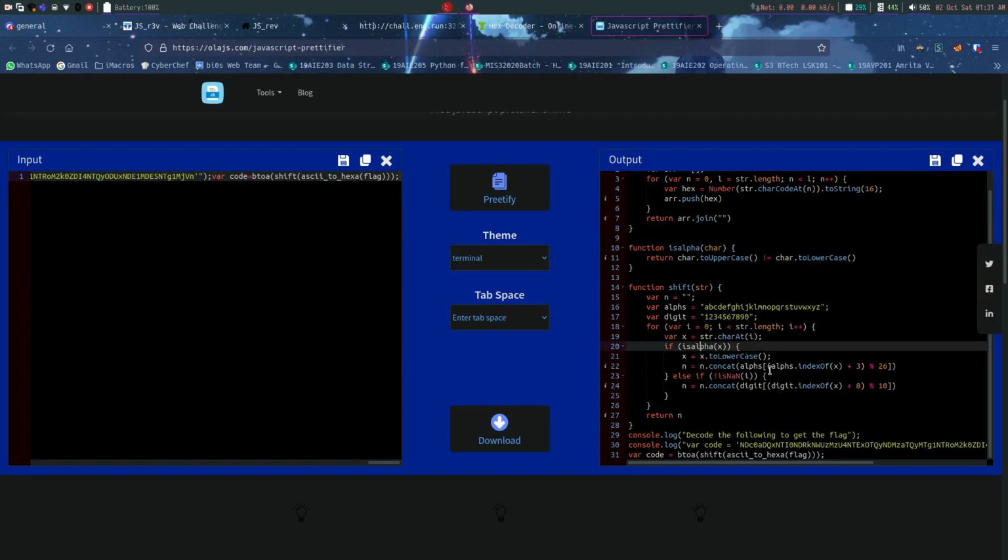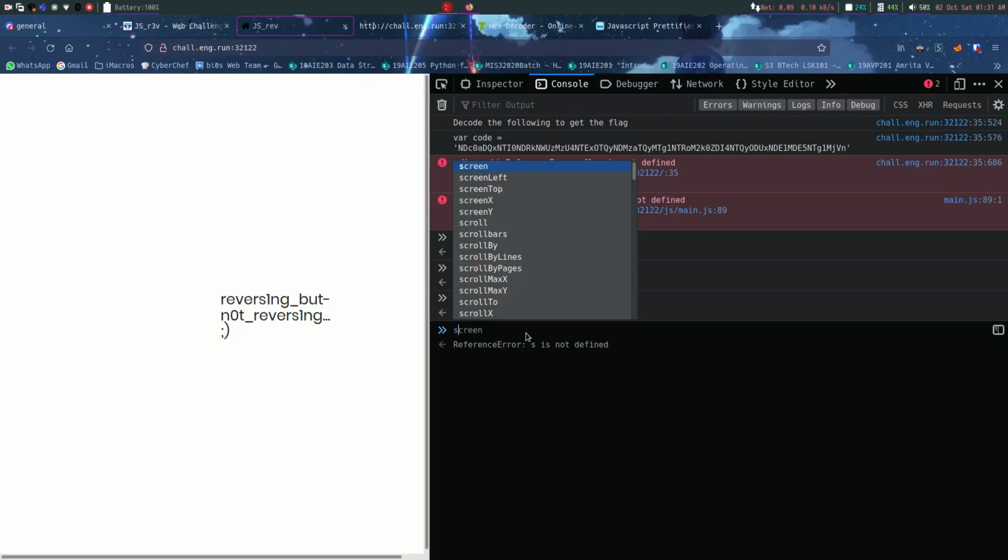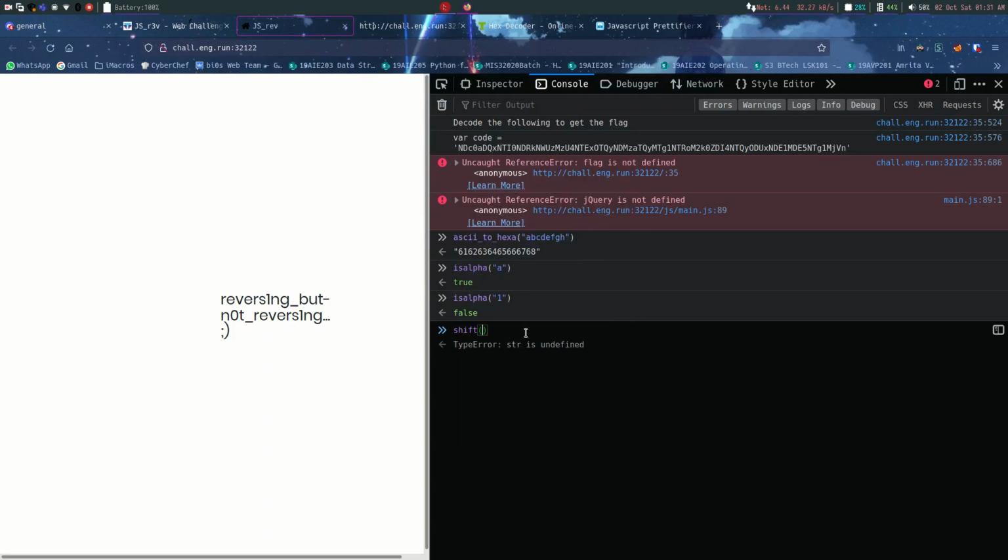If it's a letter, it will take the character 3 positions after it. So if the string contains a, it will convert that to d. We can check that function too: if we give shift of a b c d e f g, it is shifting each letter by 3.